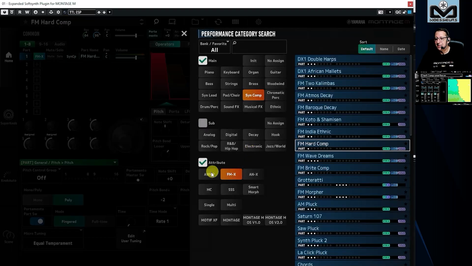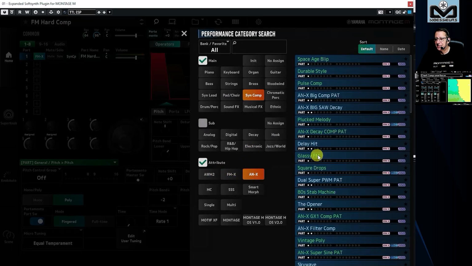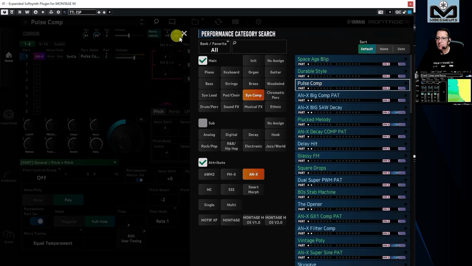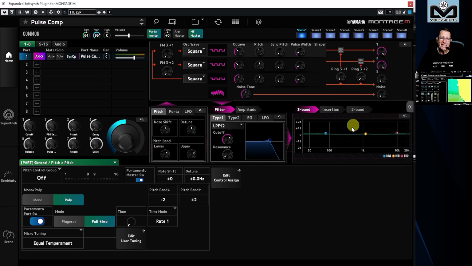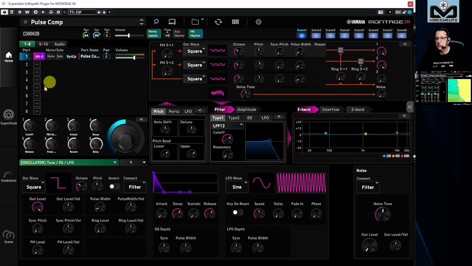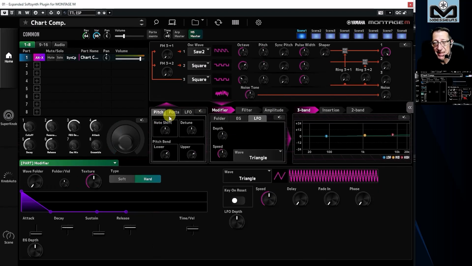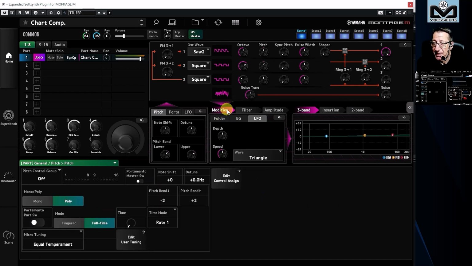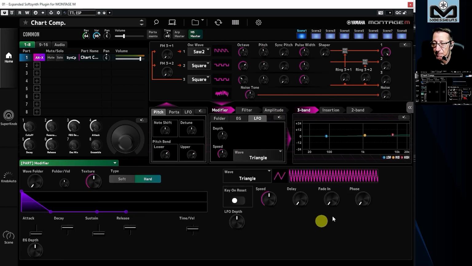And if I change and I go to the AN-X, let's try that one. Just to show you, we have nearly the same view that we had before here. But as an example, here you can go in the deep view like that. On the last version I received, we have also the modifiers that have been implemented. I will show you. We have the modifiers here with the folder, the envelope generator, and the low frequency oscillator directly available here. And you have the little icon to jump to the complete page.